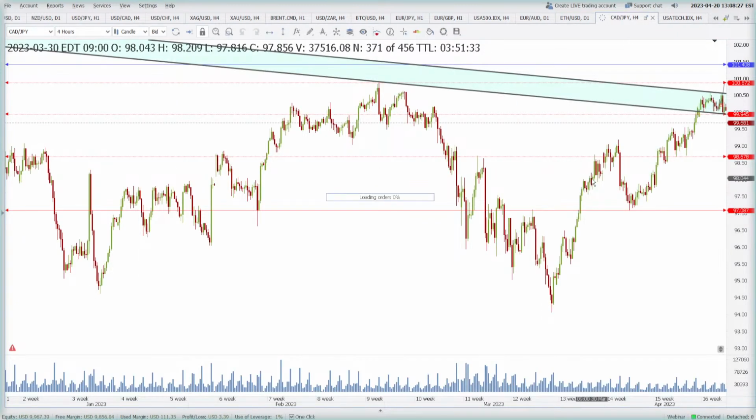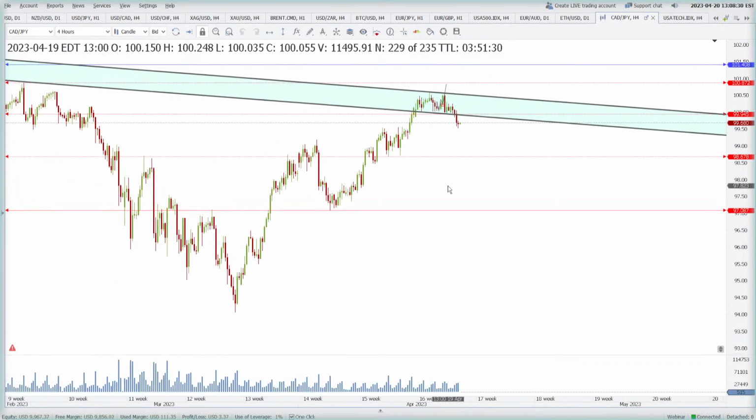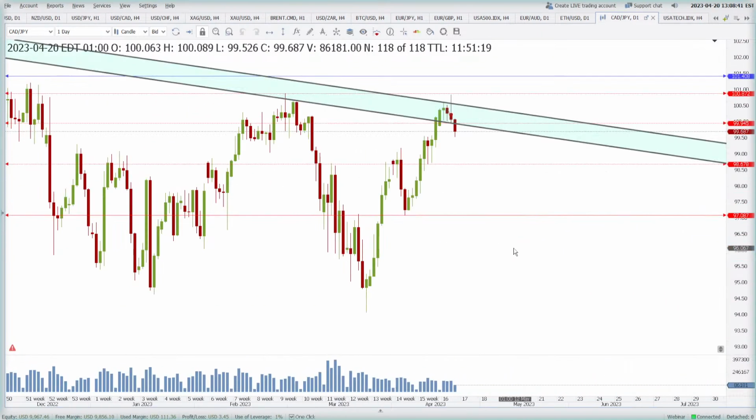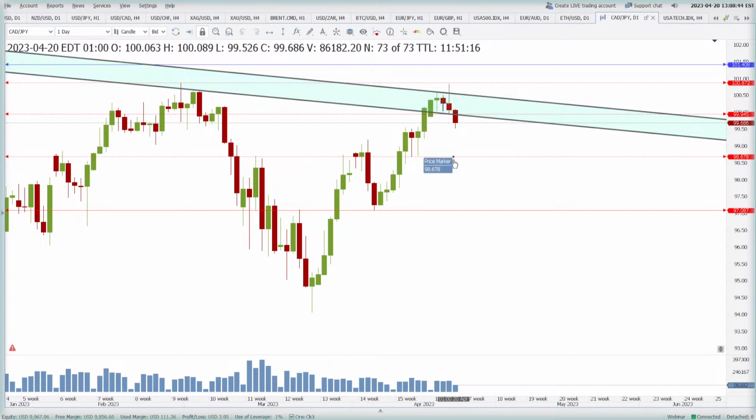That's simple. So CAD JPY, well, it is also going down, maybe because Brent crude is going down, but still we are expecting 99.94 and 100.87 in this market as the targets. On the daily, if we talk about the upswing pivot, then 98.67 is the upswing pivot, and we are expecting a higher low to be formed now in this market. So keep a sharp eye on the CAD JPY if you want to enter this bandwagon with the targets of 100.87 and 101.40. Right now resistance at 99.94, support at 98.67.